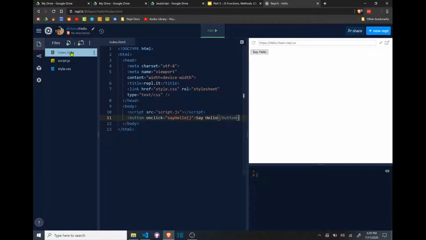So in the HTML part, I've written this. We have a button that when they click it, it's going to equal something. And what are we going to do? We're going to invoke the function sayHello. And you see that button right there. So if I ran it